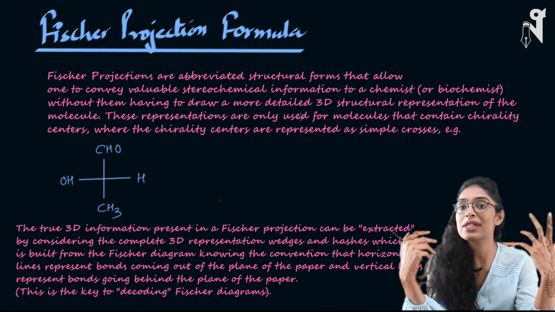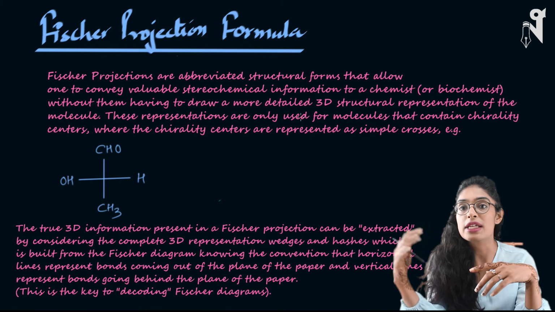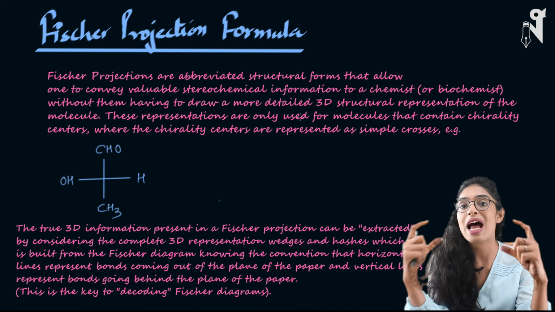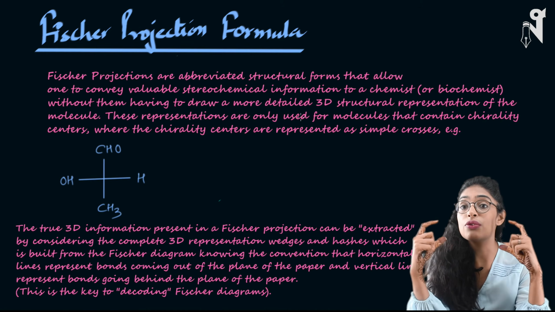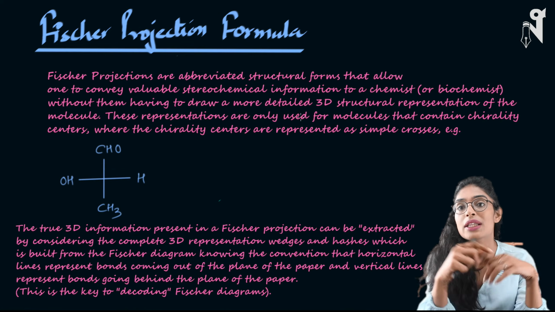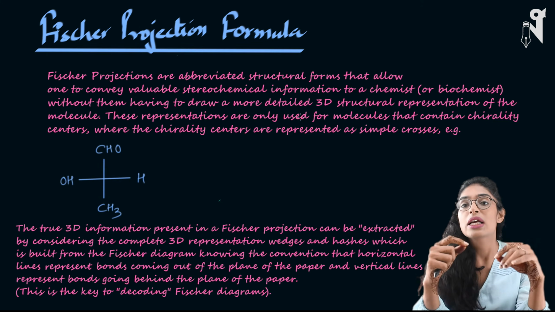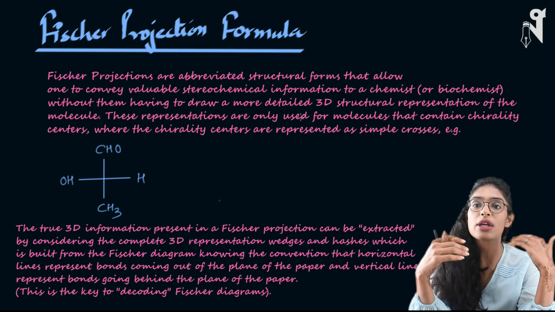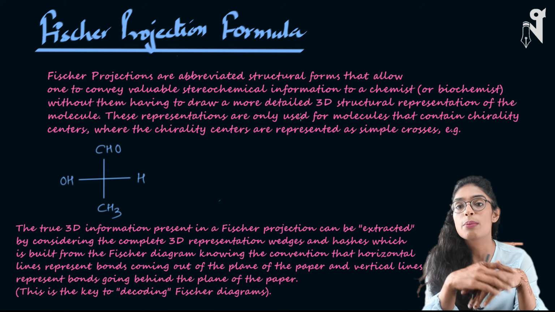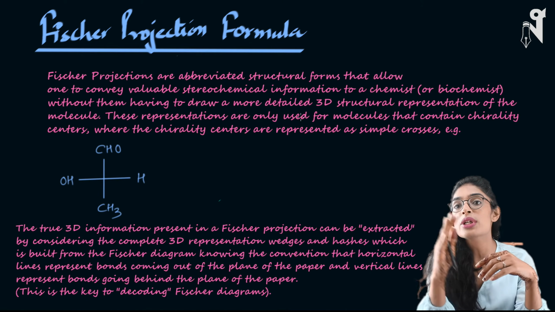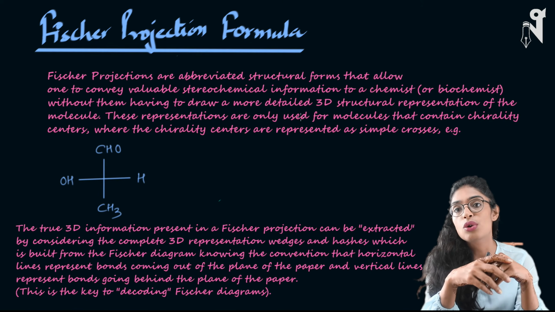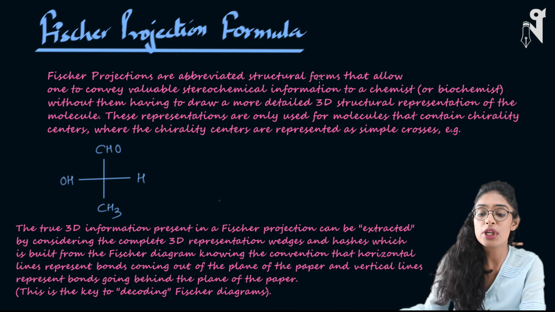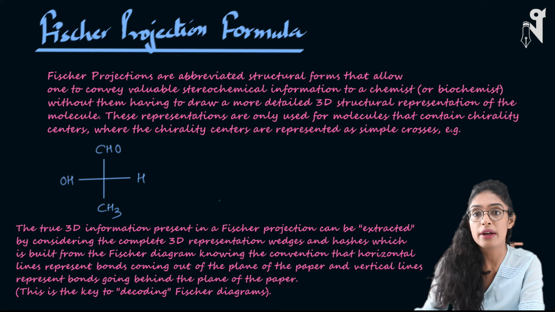All those representations, what they mean, we'll be talking about in the next few classes. Basically, we will have to check some sort of configurational change which is happening in the mirror image of the compound, because of which the optical activity is changing. When we talk about wedge and dash, it becomes a little difficult to analyze, visualize everything, and put it in place. So the best way is to draw the Fischer projection, or 2D representation of it, and then look for what information we require.